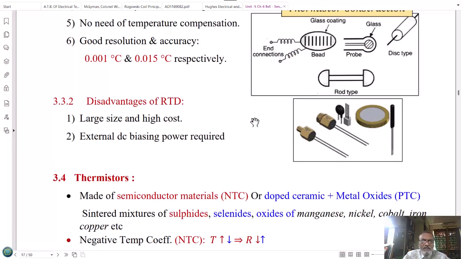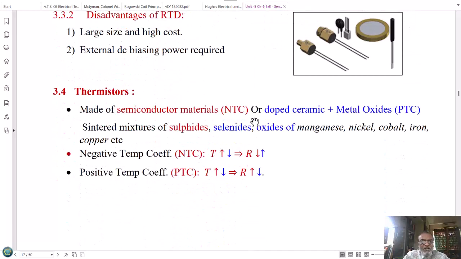Another disadvantage is that it needs an external biasing power supply to convert the change in resistance to a proportional voltage. RTD is basically a passive sensor which needs the external supply and an additional Wheatstone bridge circuit to convert the change in resistance due to temperature into a proportional voltage. Another type of